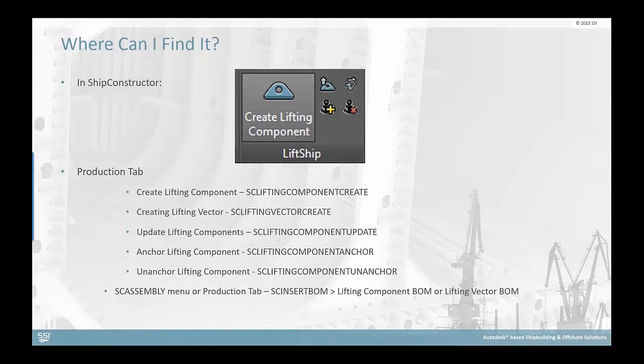it from the catalog to your drawing, as these lifting components and vectors live in assembly drawings, I should mention. They do not reside in the database aside from the actual stocks themselves. So that's something key and important to keep in mind. You can also anchor lifting components to other pieces of structure, equipment, and unanchor them as well. Standard ShipConstructor behavior there. Also, one of the steps used in the overall workflow is to insert BOMs, and that's